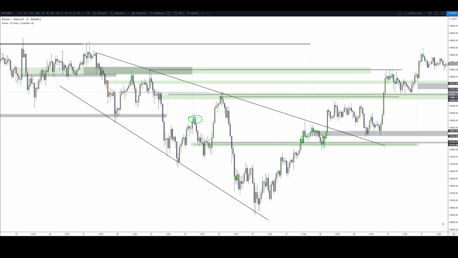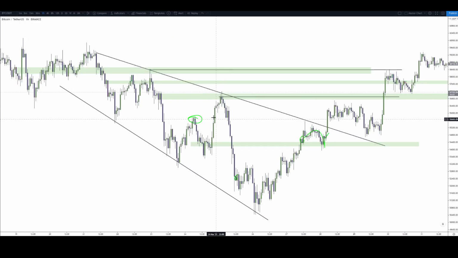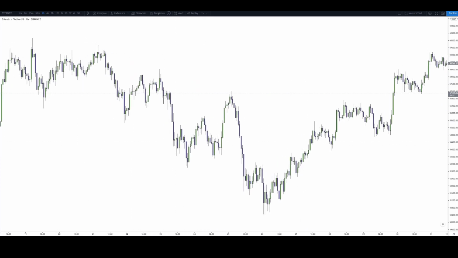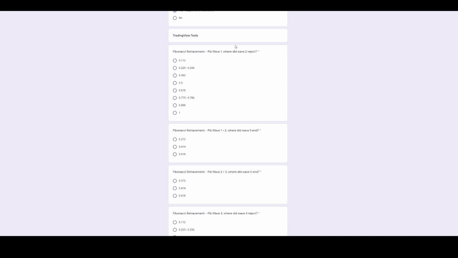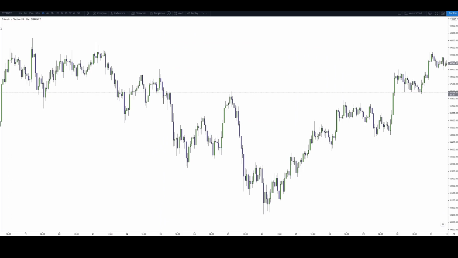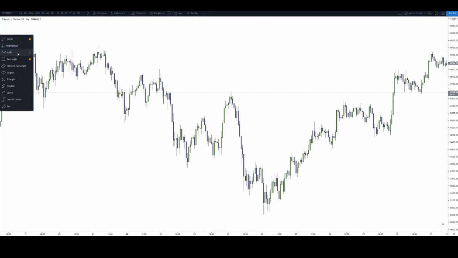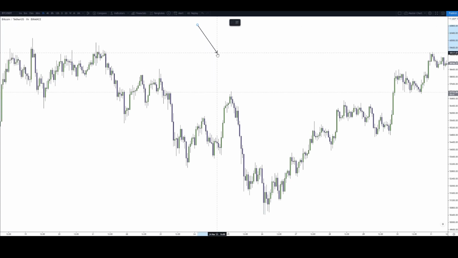Alrighty, this is the interesting part. I'll clean this chart up, get rid of the indicator. I'm not going to draw it in, just so the fibs look a bit cleaner. You guys know where that BDW is by now. From fibbing wave 1, where did wave 2 reject? Okay. So, what I might do is just use this tool real quick, and just up here,